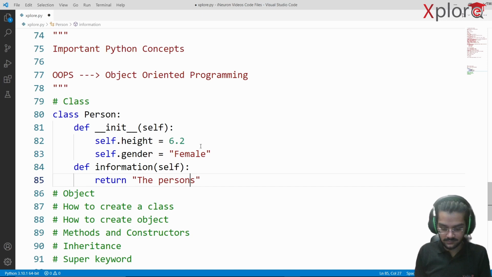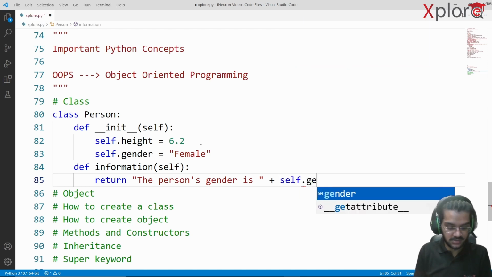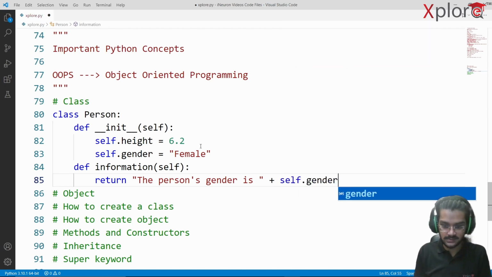So the person's gender is nothing but, the person's gender is self.gender. I hope that makes sense. Plus